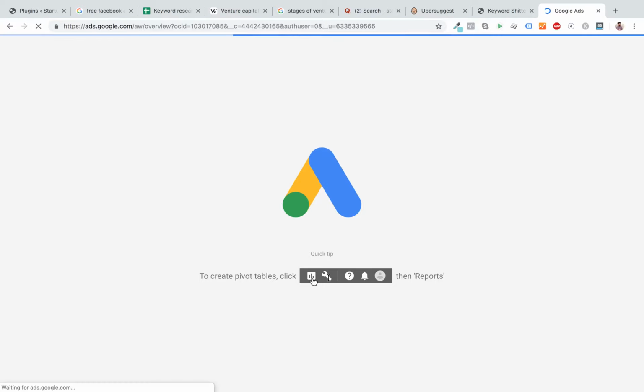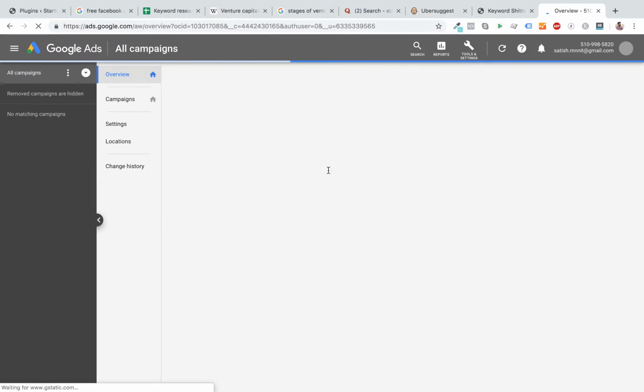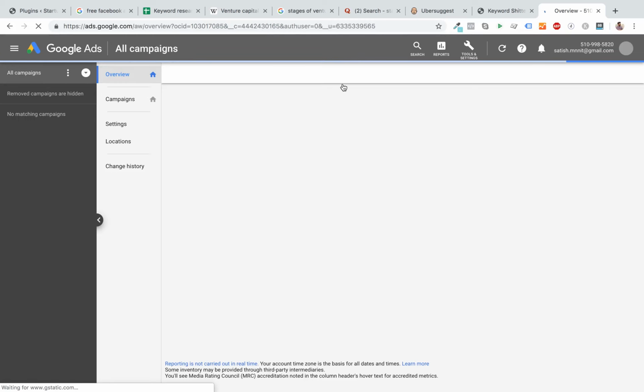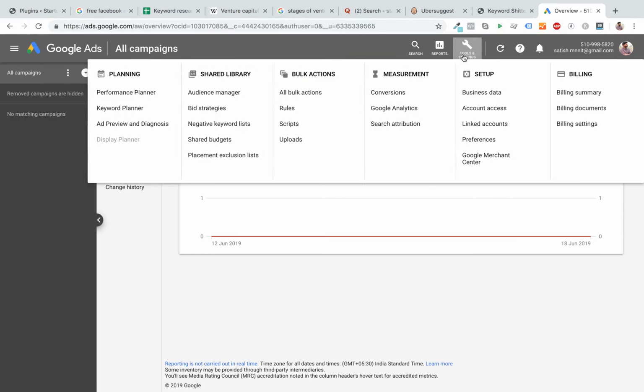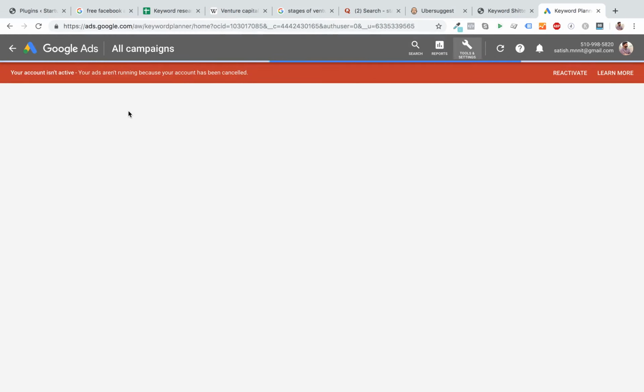So I'm going to go to planning tools. I want to go to the keyword planner tool. Skip the campaign creation part, go to tools and settings, click on keyword planner here.